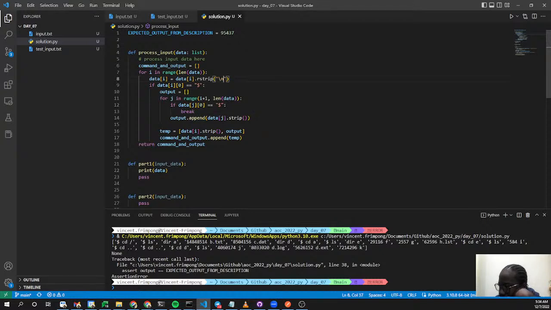But if it doesn't, okay, break, else you go to output.append, append output.data inside the output, and then when you are done with this for loop,